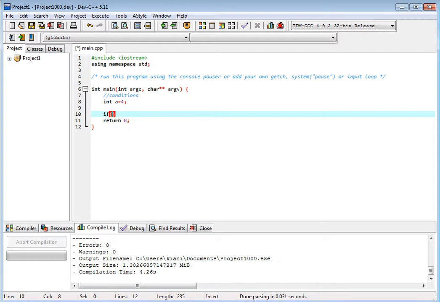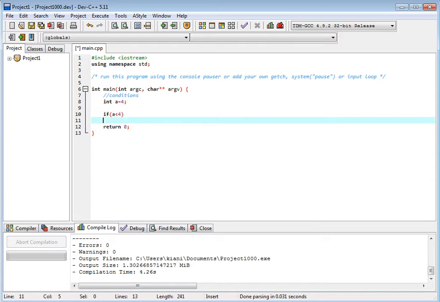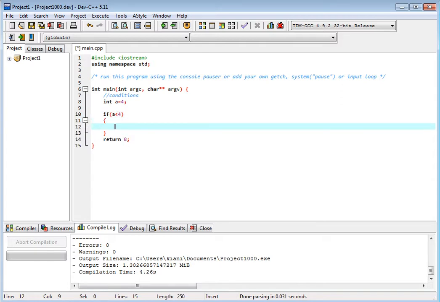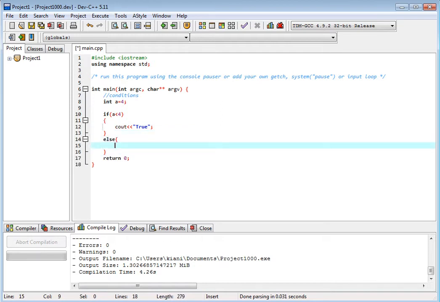If A is less than 4, print cout 4, cout true. Else cout false. So A is equal to 4.